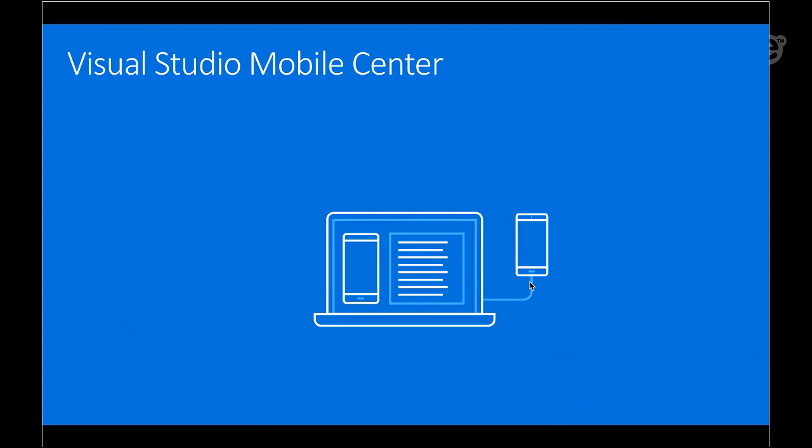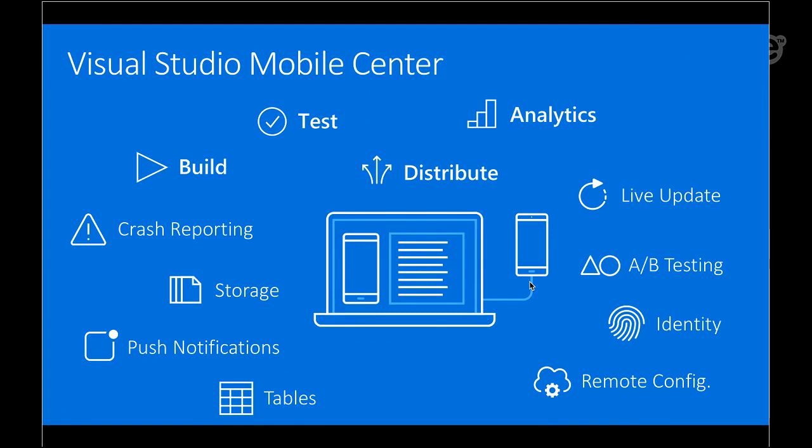And this is where Visual Studio Mobile Center comes in. So Mobile Center is effectively an aggregation of many different services that are required for the upkeep and the delivery of mobile applications. Everything from build and test services to distribution and analytics, identity to make sure that you can authenticate your users